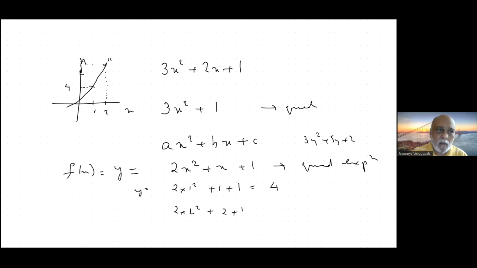Let me take a slightly simpler function. X squared plus 2x plus 1 is a quadratic expression. So here y is equal to this. Now if I equate it to 0, x squared plus 2x plus 1 equal to 0, what does it mean? X squared plus 2x plus 1